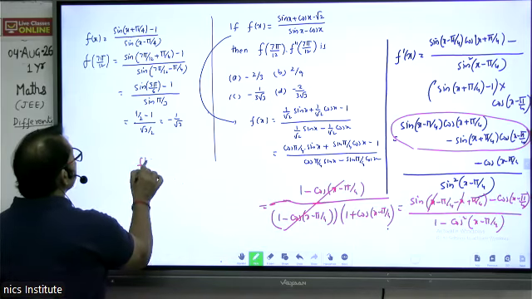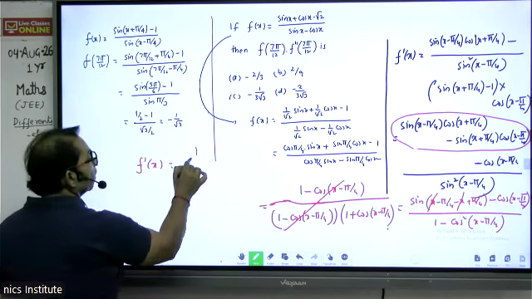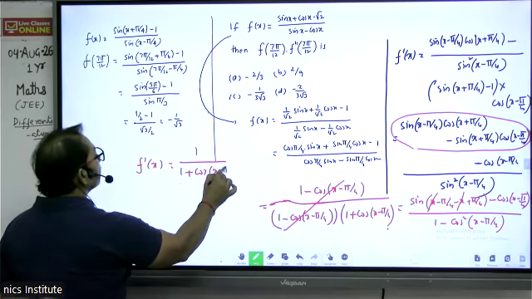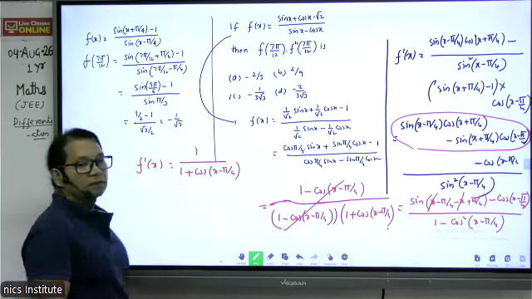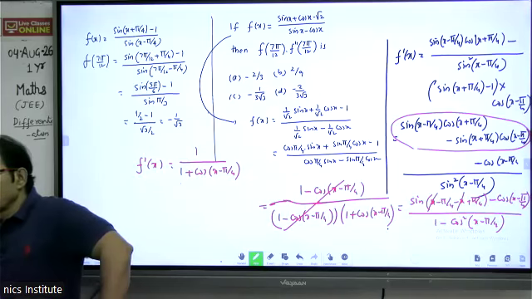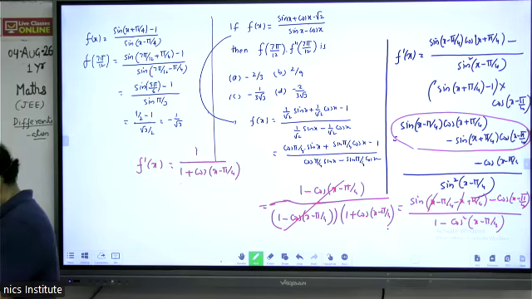So the first derivative is coming out to be 1 over 1 plus cos x minus π/4. क्या आ रहा है फाइनल आंसर बताओ। ऑप्शन में देखो क्या क्या है।